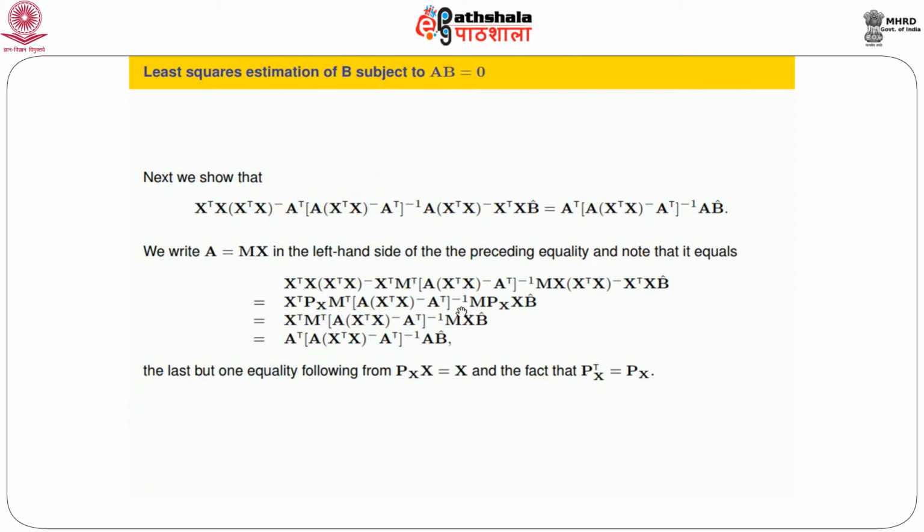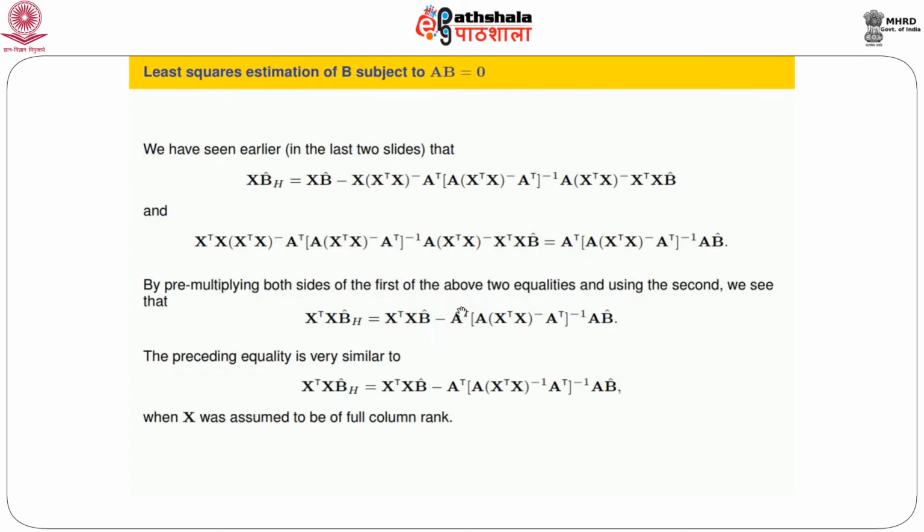So how did we obtain this? Let's explain again. From this we take this first term to the left hand side. I get X transpose X (B hat minus B) within bracket. Then we have this right hand side. So now X transpose X something gives this. So this something is equal to B hat, X transpose X bar post multiplied by this. So this is one possible expression for the least square estimate of B subject to AB is equal to 0. Only thing that we have to be again alert about is that this need not be unique, because this is